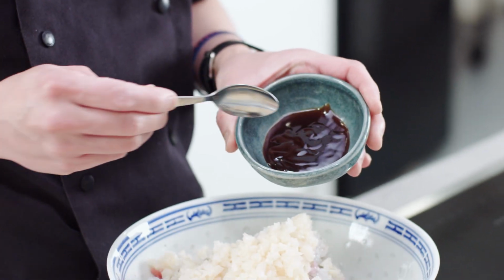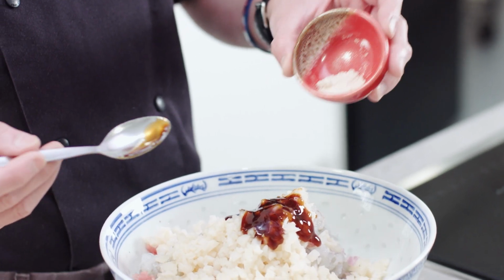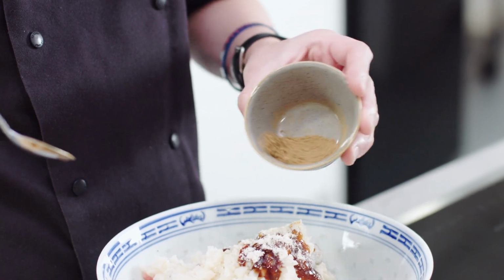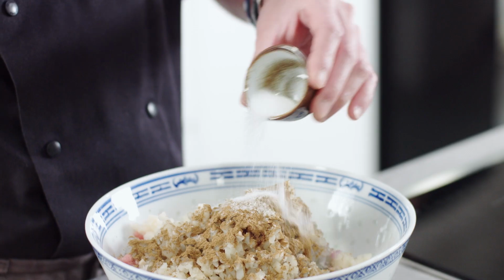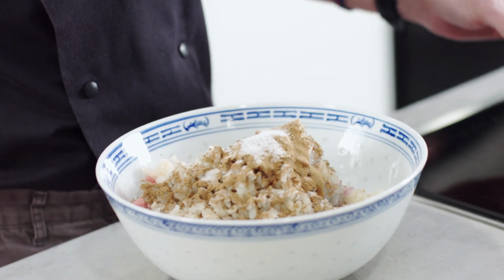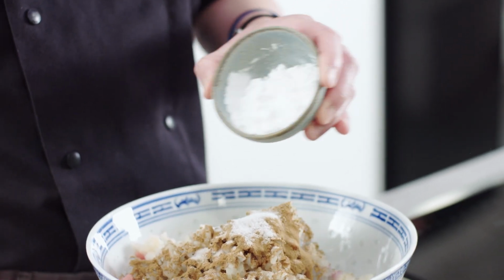And next up, we're just gonna have to season it up as well. So here I've got some oyster sauce. I like to put in a little bit of sneaky chicken powder, because we all know that's a lot more savory. Can't forget your 5 spice, okay? So that's your ngohyang, your wuxiang, tiny bit of sugar to go in. And of course, because we've got the sugar in there, we're gonna balance that off with a little bit of salt as well. And finally, just to help everything bind together, I've got some tapioca starch as well